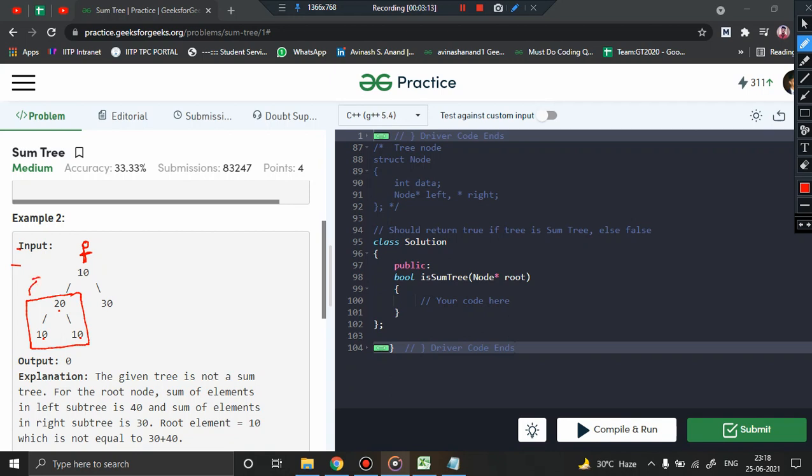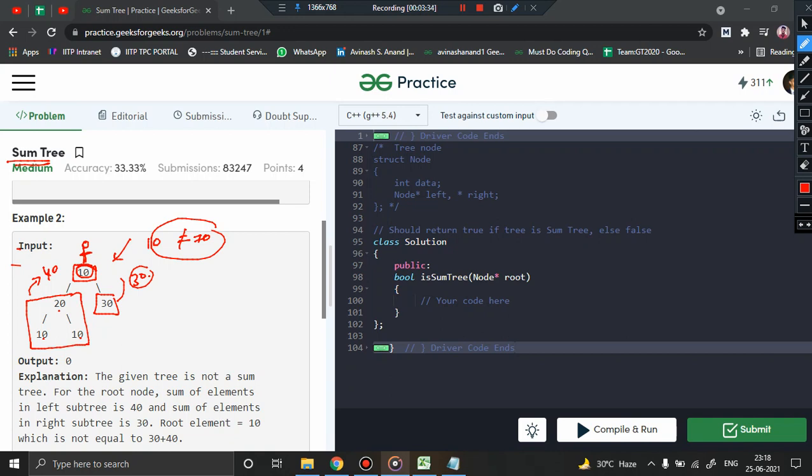So this has a sum of 40, and the right subtree has a sum of 30. As per the definition, this value should be 40 plus 30, 70, but you can see that here it is 10, which is not equal to 70, and hence this node violates the definition of sum tree, and so this tree is no longer a sum tree.